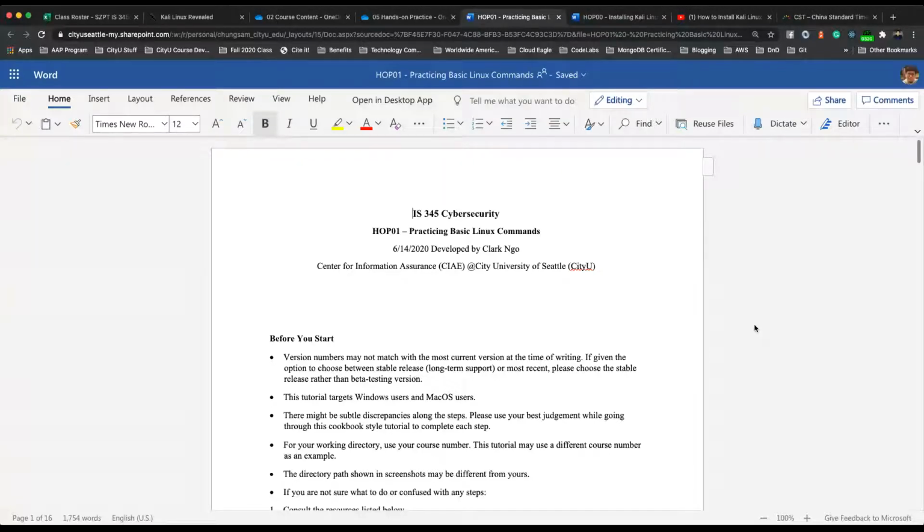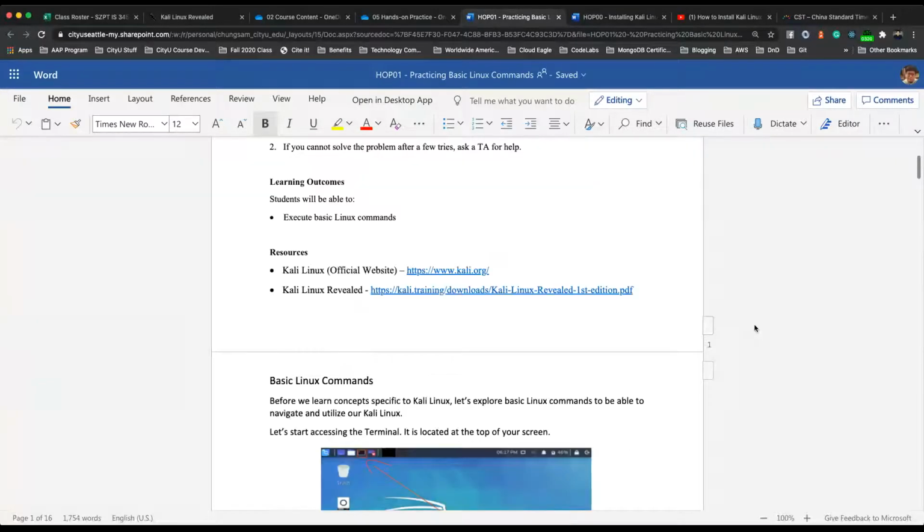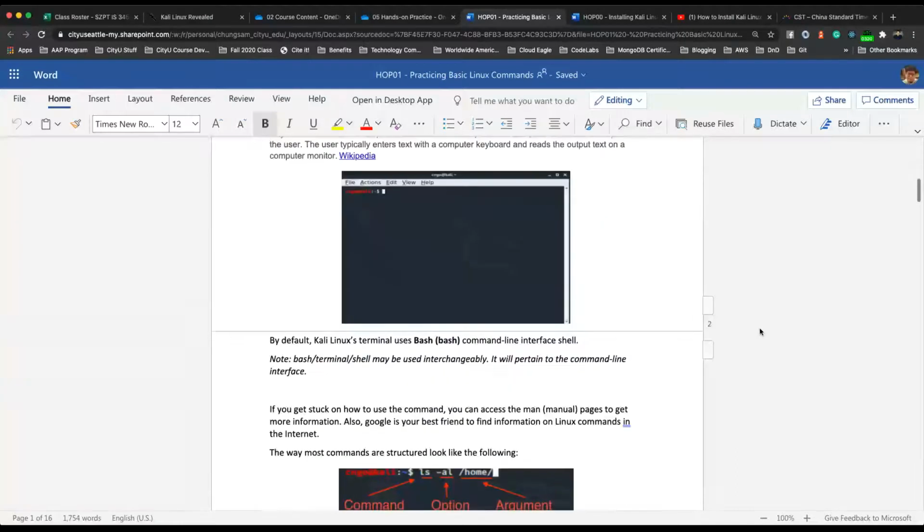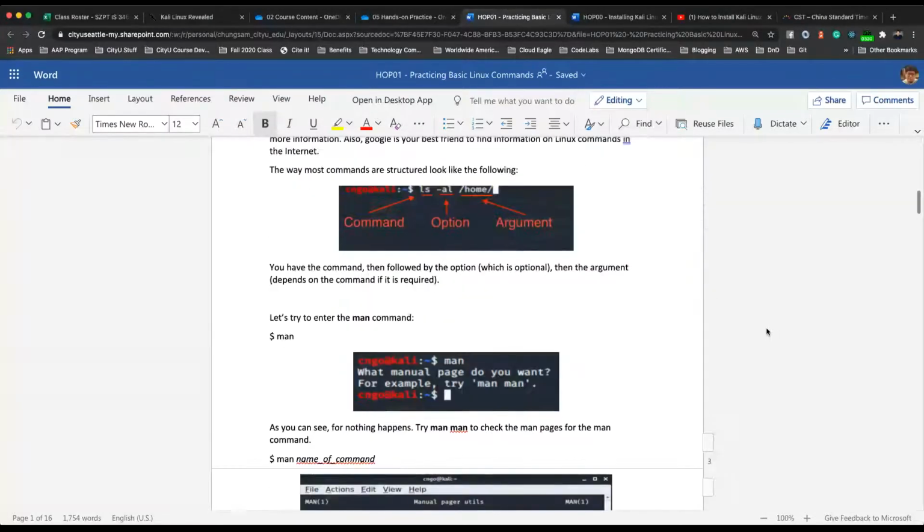Okay, so once you have the environment set up, you should be able to just progress through the other hands-on practices, aka HOPs. Knowing the basic Linux commands is very helpful, whether you're going through software development, DevOps, which is IT and development merged, or cybersecurity, because